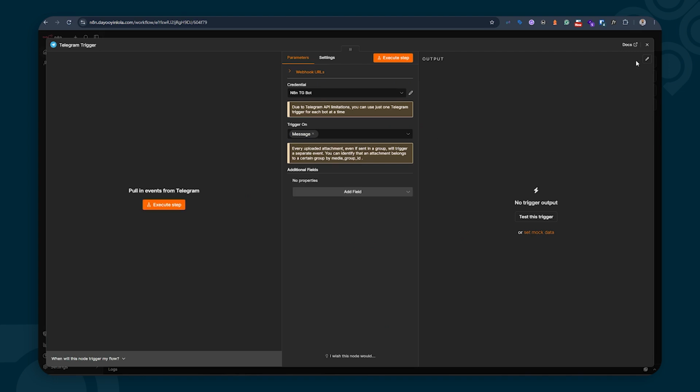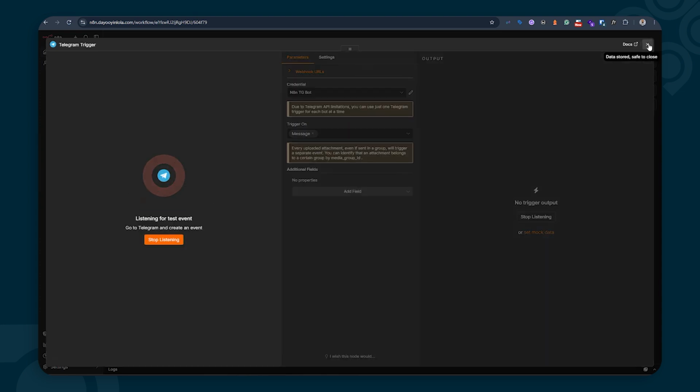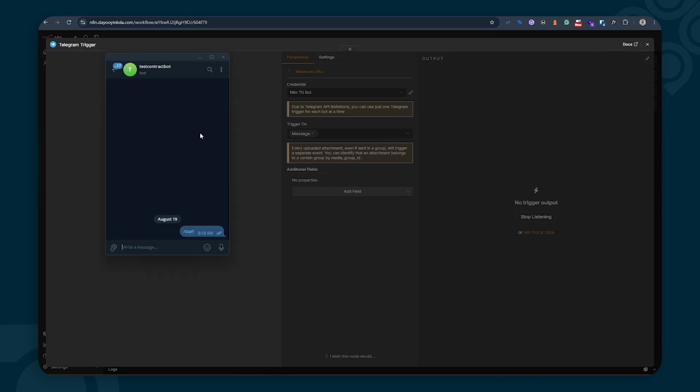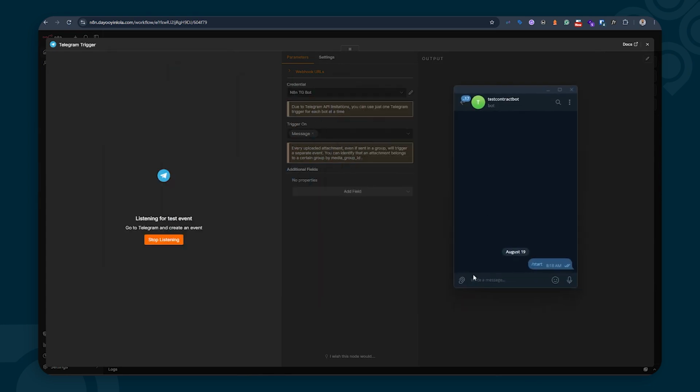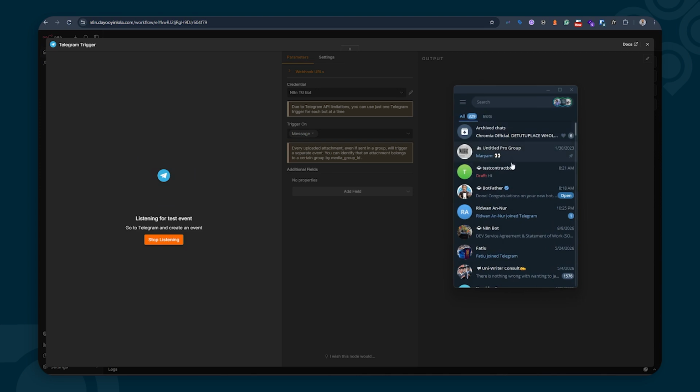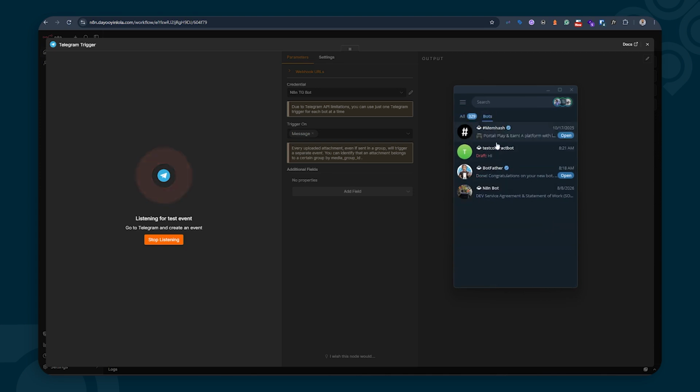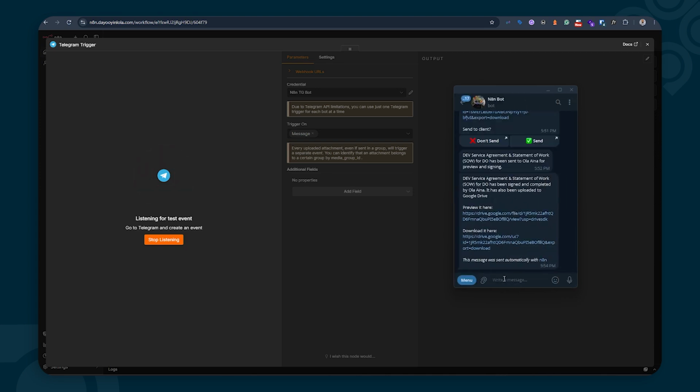So to get this particular chat ID that we need, you need to click on execute step to start listening for a chat trigger from your Telegram app. And I'm just going to click on that. That started listening. Then I'm going to open Telegram. So this is the bot I just created. I'm using the credentials from my former bot, so I'm just going to go back there. This is this bot here. I'm going to say